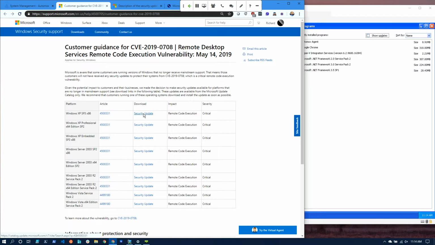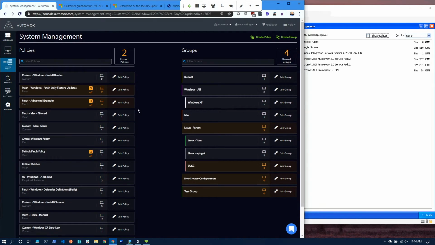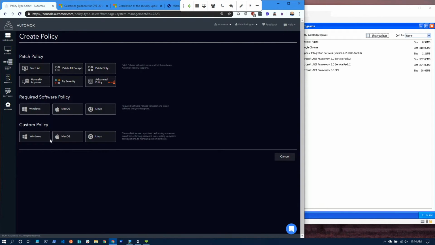If I click through on the security update link, it's going to take me to the catalog. So I can grab my security update for Windows XP SP3 and download it from here. From there, I can jump into the Automox console and create a custom policy. Custom policies are the workaround for when you don't get patches from Windows Update. XP doesn't receive them, Vista doesn't receive them. So if you need to apply something here, we can do it with a simple script, less than 10 lines